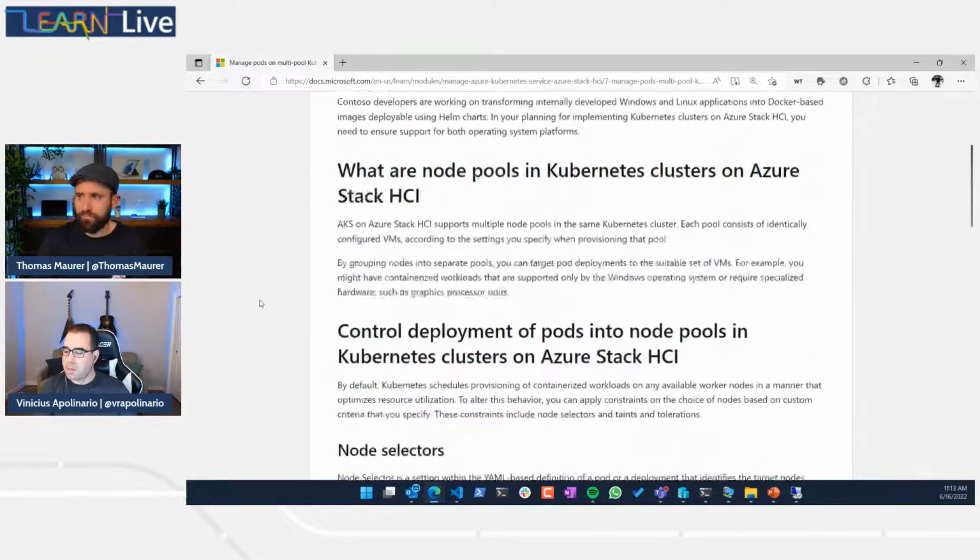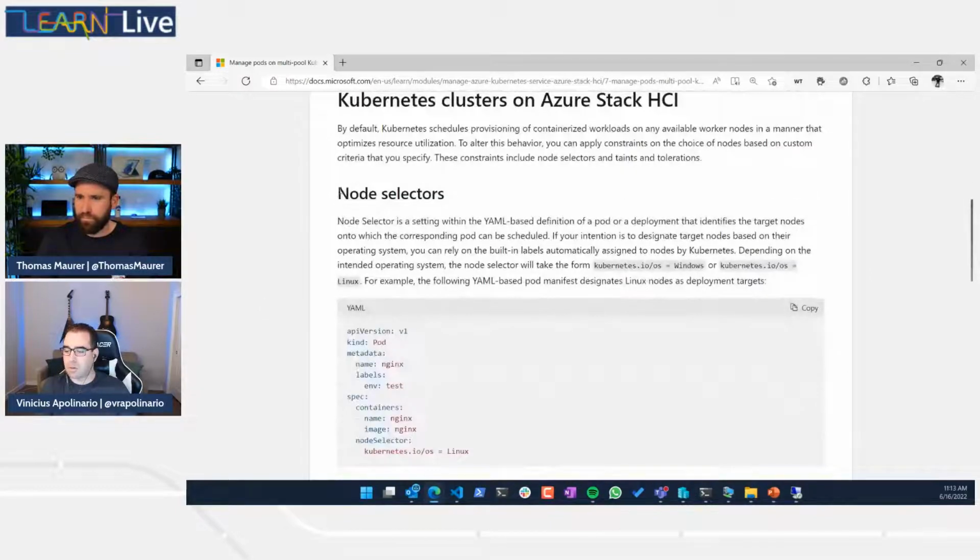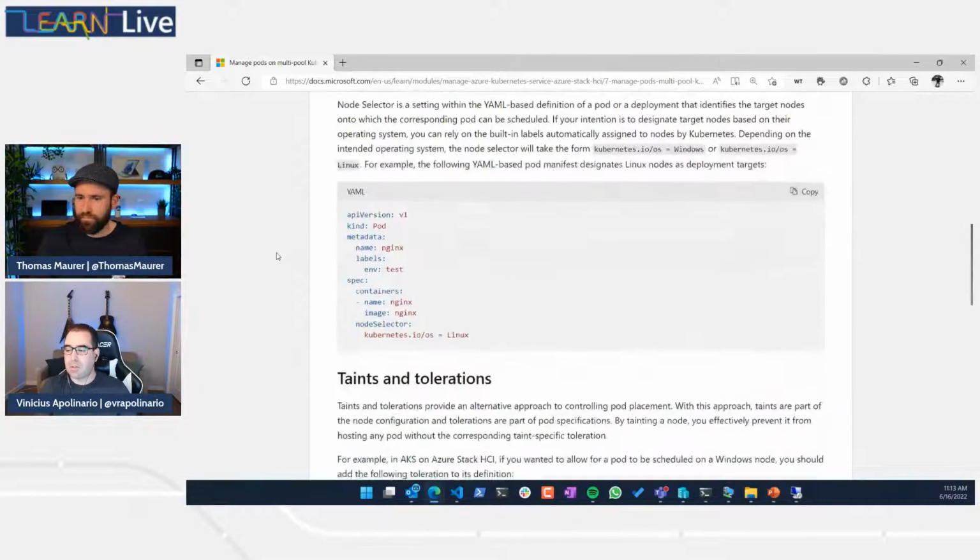So for example, one of the things you can do is use node selectors. And node selectors are part of your YAML file, that configuration file I mentioned, that is a blueprint for what should be configured. And then you have here, for example, an example for a pod. And that pod, like I said, usually you're going to have a deployment, but it doesn't change the fact that down here you have a node selector, and then you select, for example, the